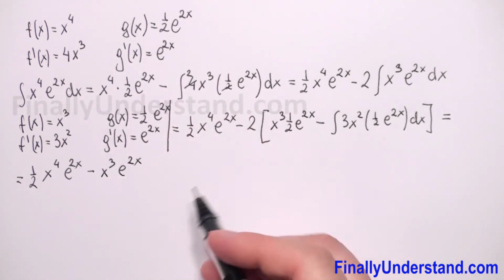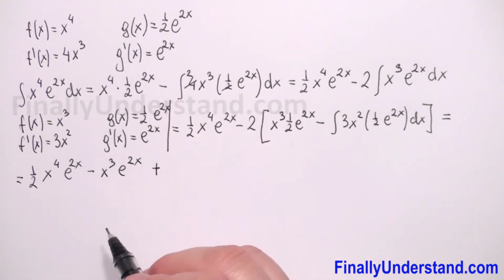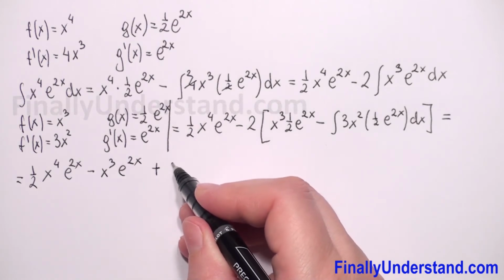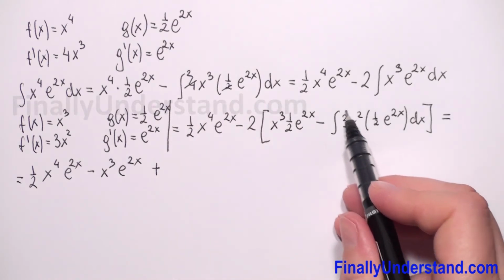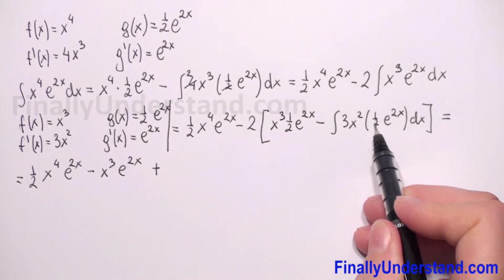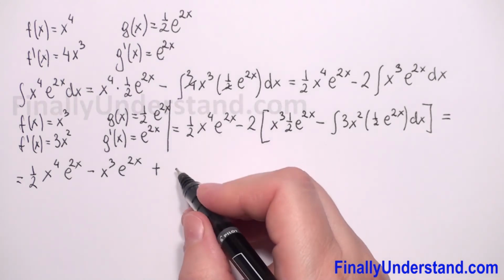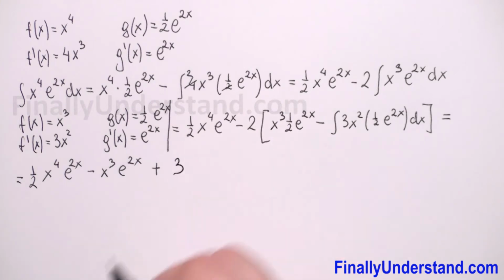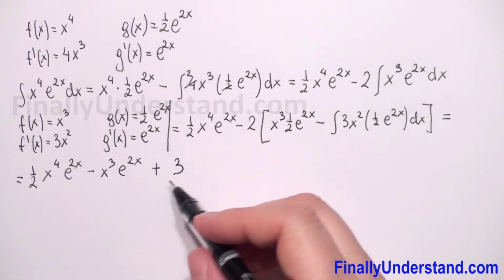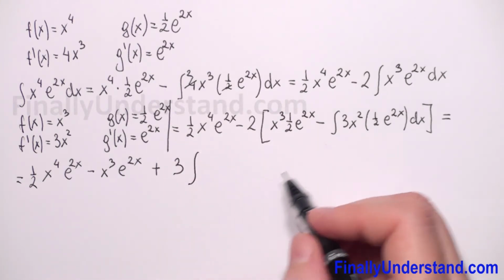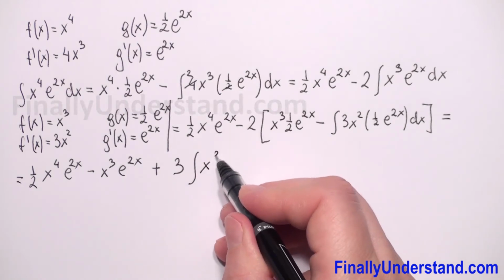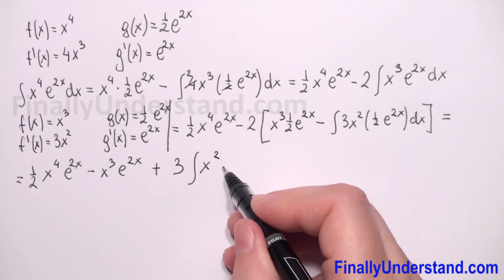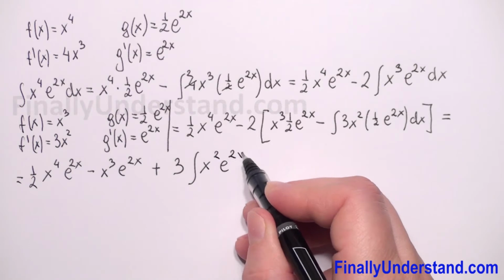Negative times negative gives us positive, and we have 2 times this integral, because we have here 1/2, so again 2 we can reduce, so what's left? We have 3. We will put it before the integral, and we have the integral of x squared times e to the power 2x